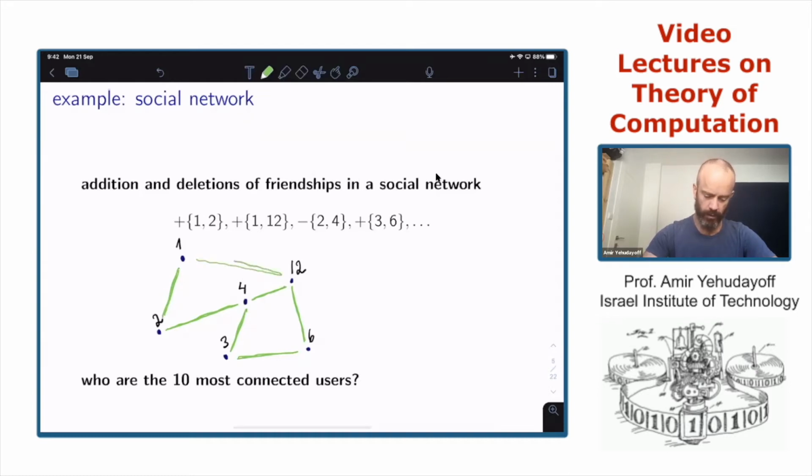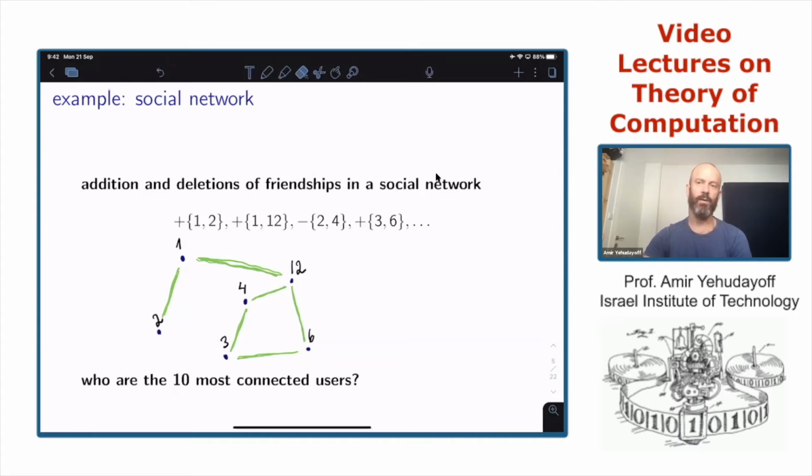So we add the new edge 1, 12. Then the edge 2, 4 should be deleted. So this is the edge 2, 4 being deleted. And then the edge 3, 6 should be added, but it's already here, so the graph does not change. So the social network is updated through time.